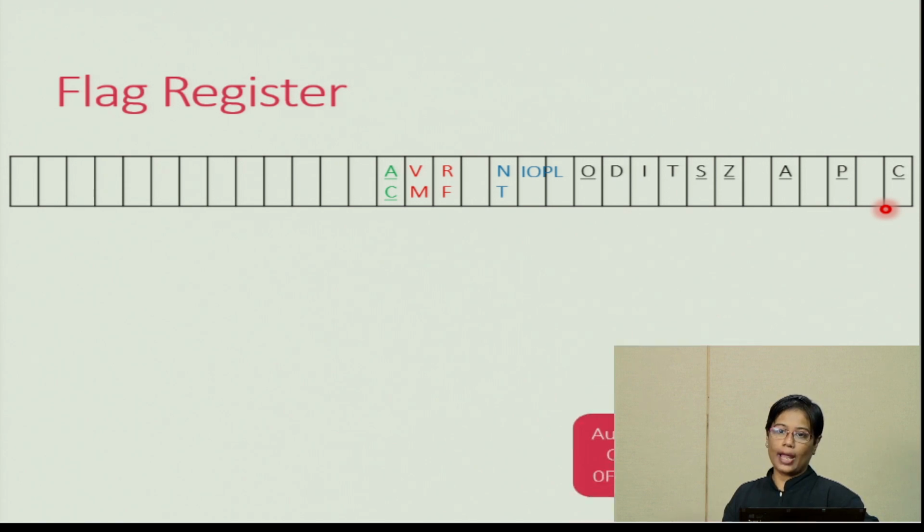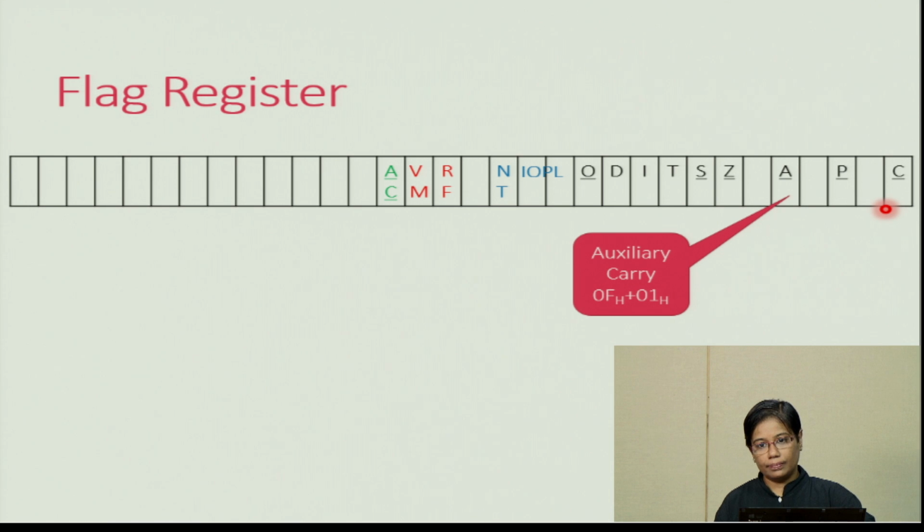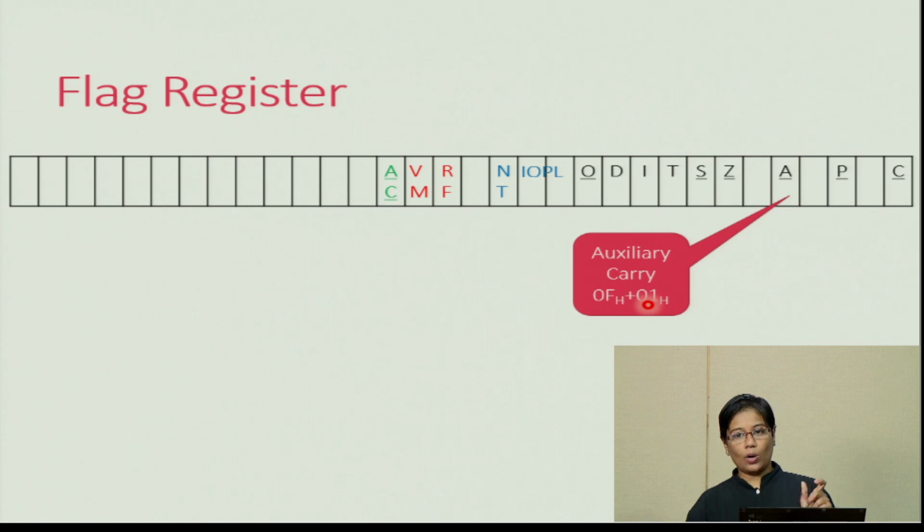The next flag which we look at is the auxiliary carry flag. The auxiliary carry flag is similar to the carry flag. The only thing is it is going to indicate whether you had a carry when you were adding the data nibble by nibble. For instance, if I'm going to add data which is 0F plus 01, your result would be 10. But when you're adding F and 1, you're going to get the carry in the lower nibble. F plus 1 would give you 0 and a nibble carry of 1. So that causes the auxiliary carry flag to be set, indicating that you had a carry when you added the